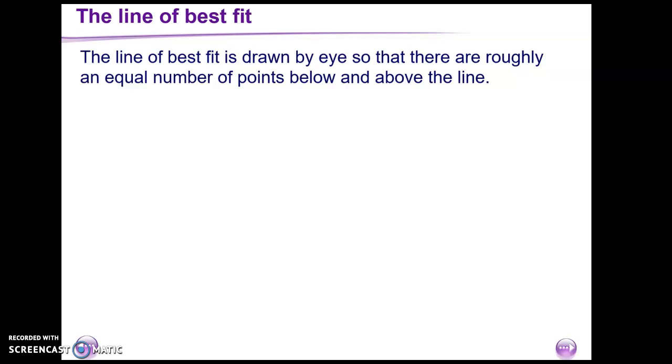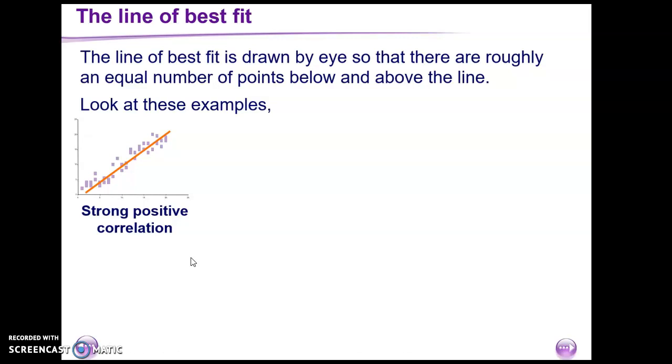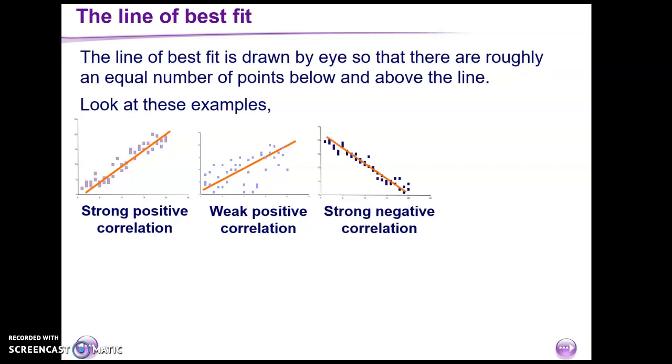In this lesson, we are going to be looking at the line of best fit. We usually draw the line of best fit by eye, and it roughly needs to have an equal number of points above and below the line. In these examples, you can see here we have a strong positive correlation,